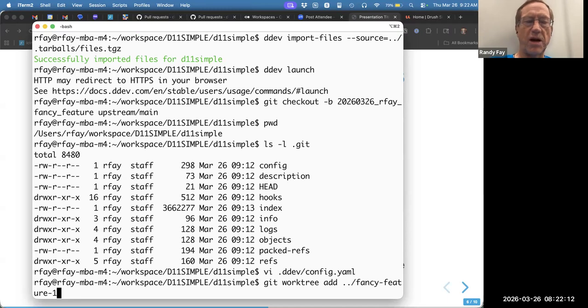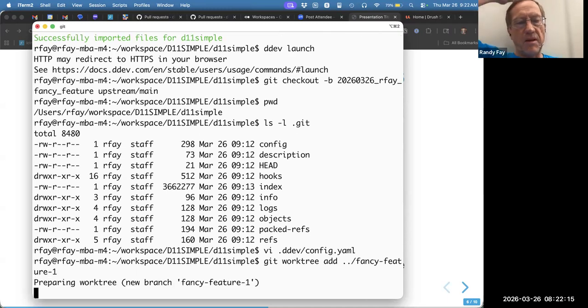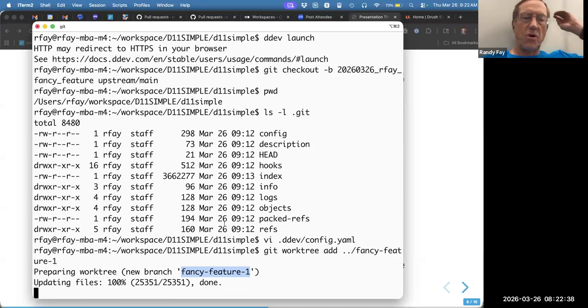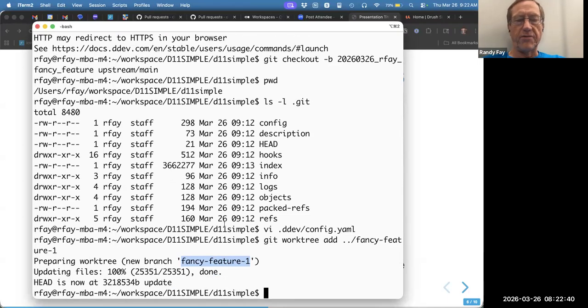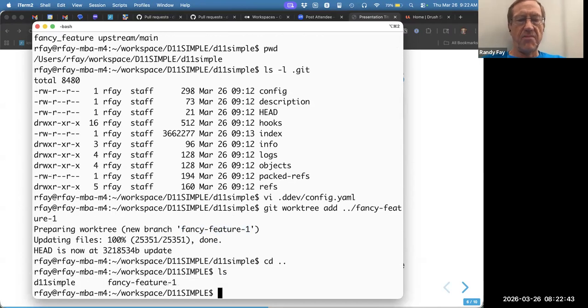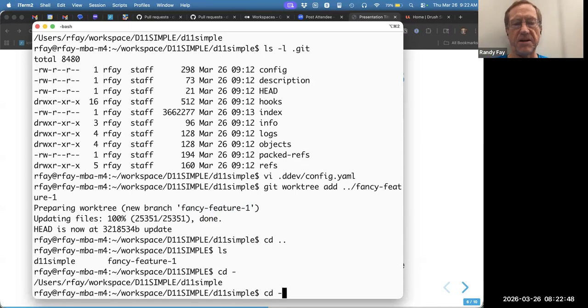And so when I do that, it actually is preparing a new checkout in a parallel directory, and it's already given it the branch name that happens to be the same as the directory name. So we can keep track of these and not get confused about which branch we're on or which branch Claude's working on or whatever. So now here we have fancy feature one,